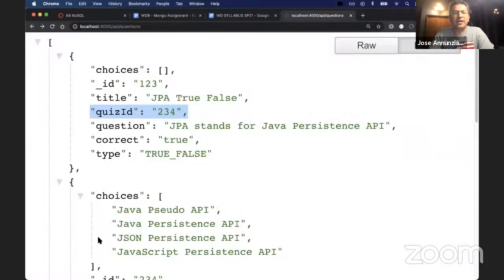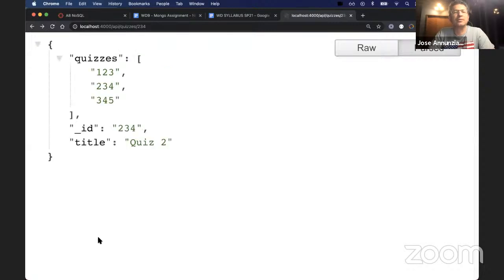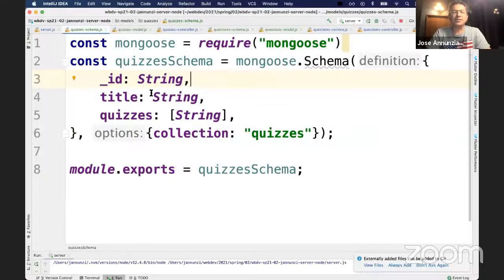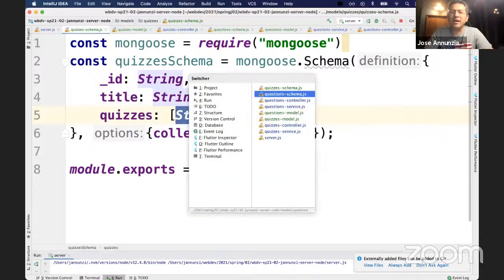So if I go back here and I refresh, you'll notice that if I go back to the quizzes 2, 3, 4, now it has the references to the children, which is basically an array of strings. And that's how it's being modeled here, as an array of strings. But I could go a little further and say, I want you to treat them as more than just strings. They are references. What are they referencing? They are referencing